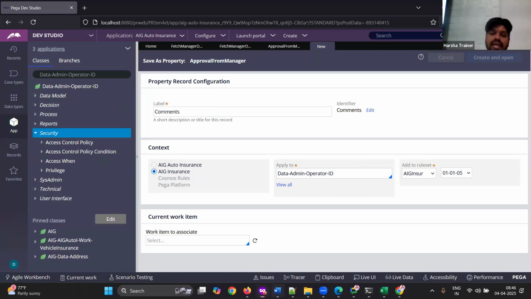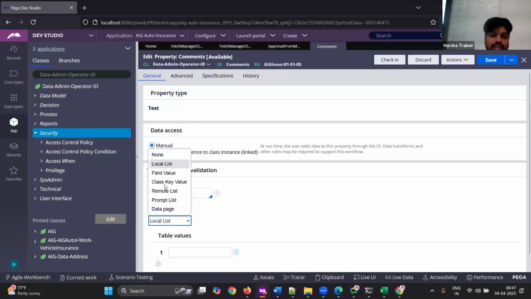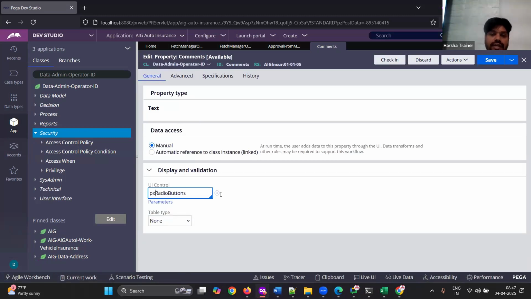Create and open. These two properties I want to use in my screen. Okay, create and open. I'm directly using the properties class. Okay, here you go now. This is not the local list and all. This is not even a radio button. This is a paragraph, right? Text